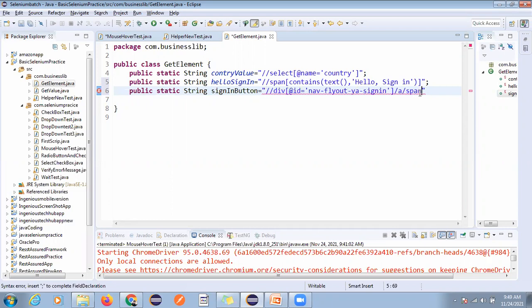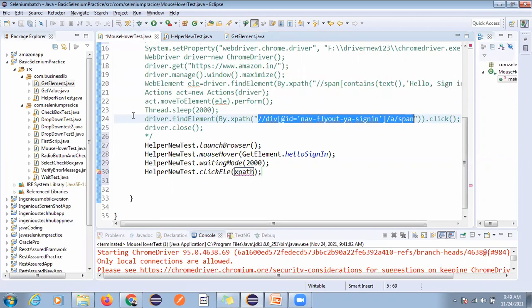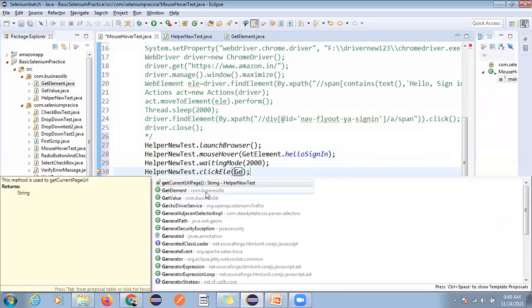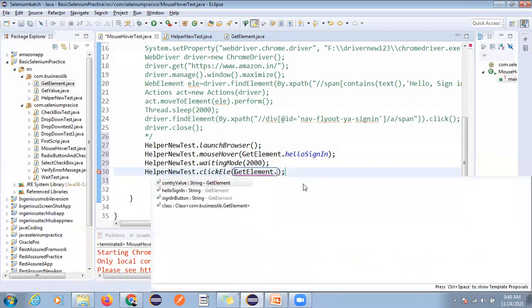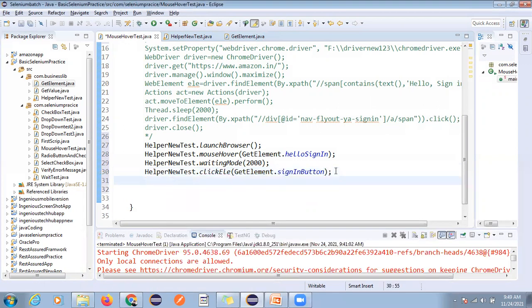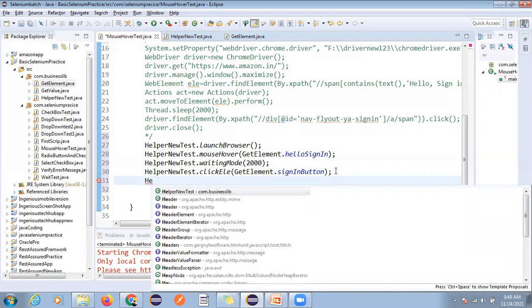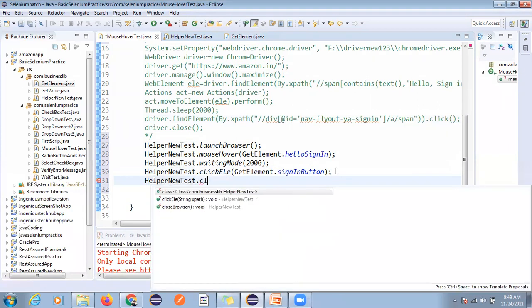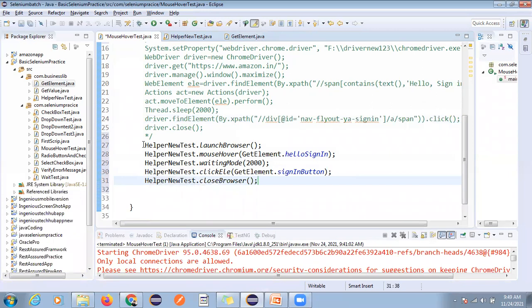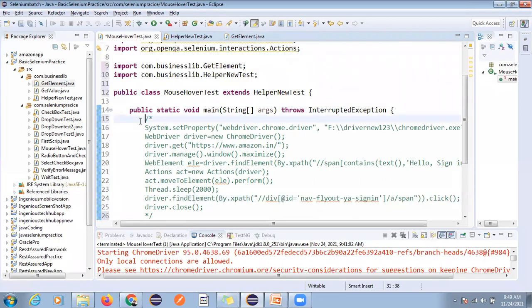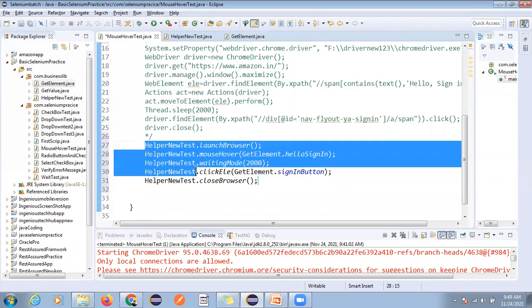Anyone can tell me why we are doing all these things? Sign in button. You can write a script like that also, but why are we doing all this?